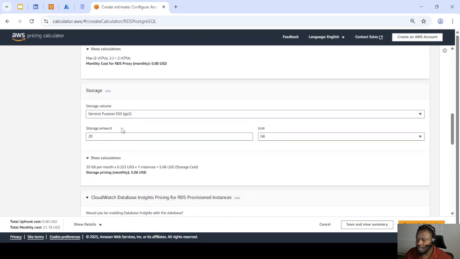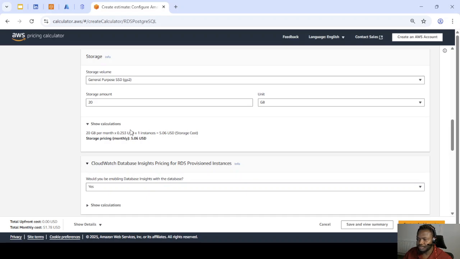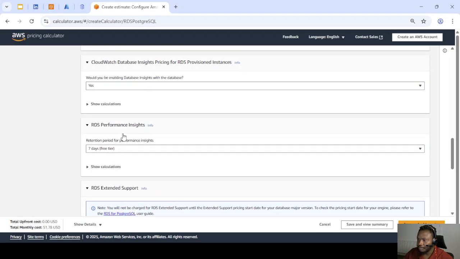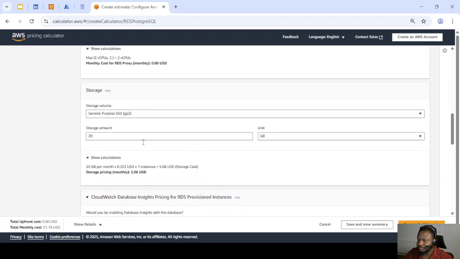So how can I optimize cost? And that is how you continue functioning, right? Yeah. So the next thing is